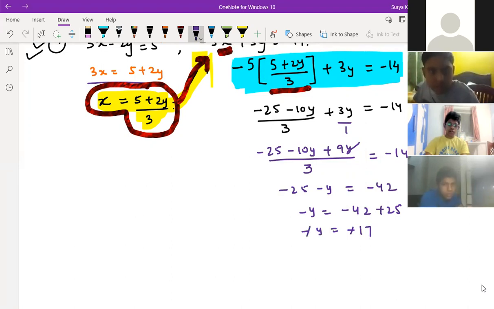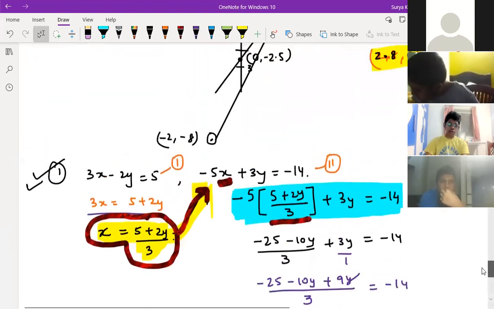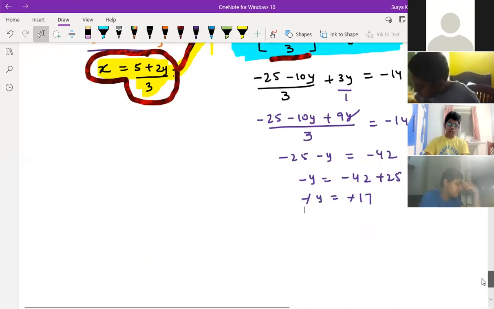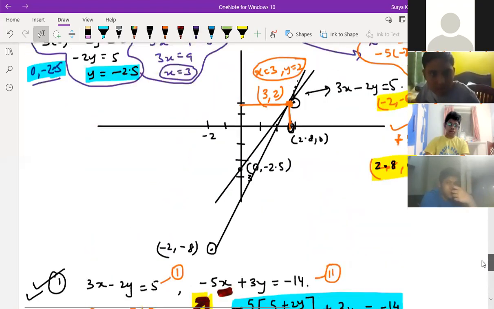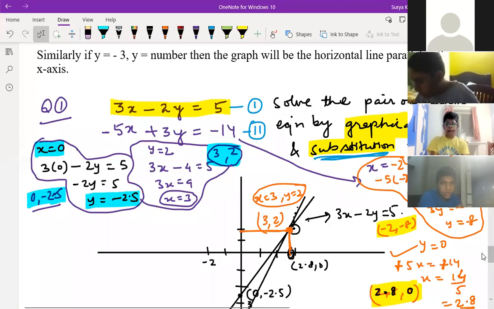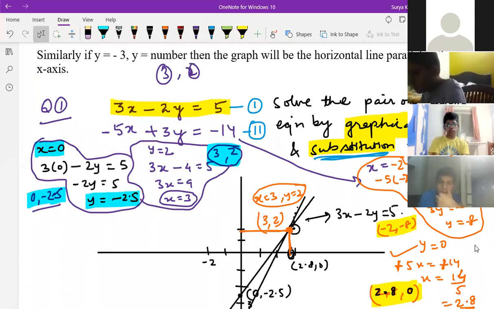How are we getting like this? Something is fishy here. So we can check the answer. 17 only, sir. Even I got y is equal to 17. But if you see in the question, if you put x is equal to 3 and y is equal to 2, you get the same answer on checking. 3 3s are 9, 9 minus 4 is 5, correct? Again, 3 5s are 15, minus 15 plus 6. Okay, here it should be 9.